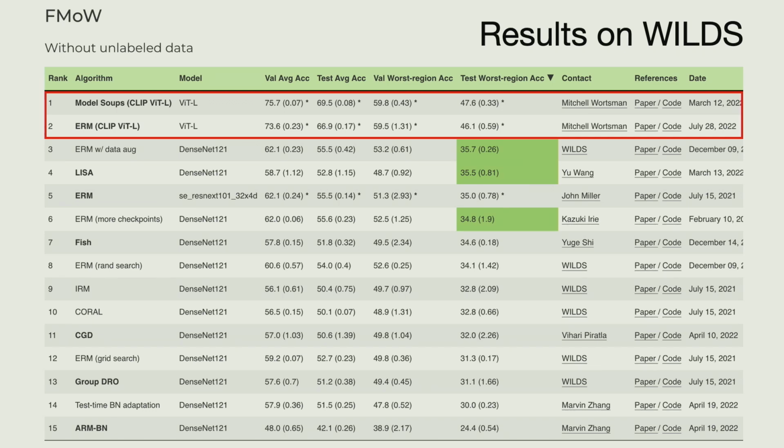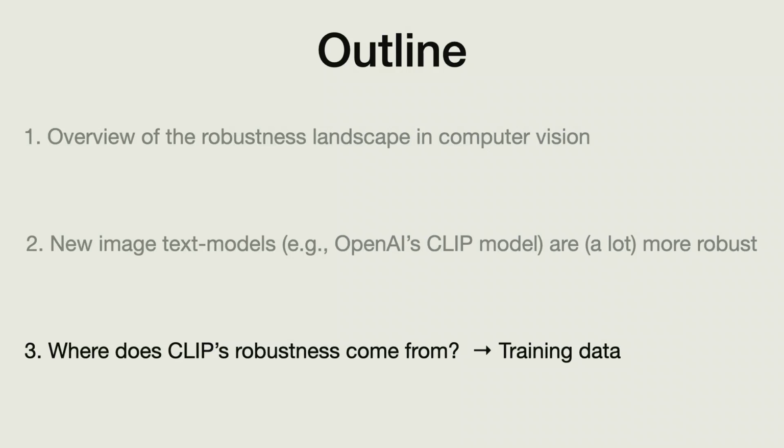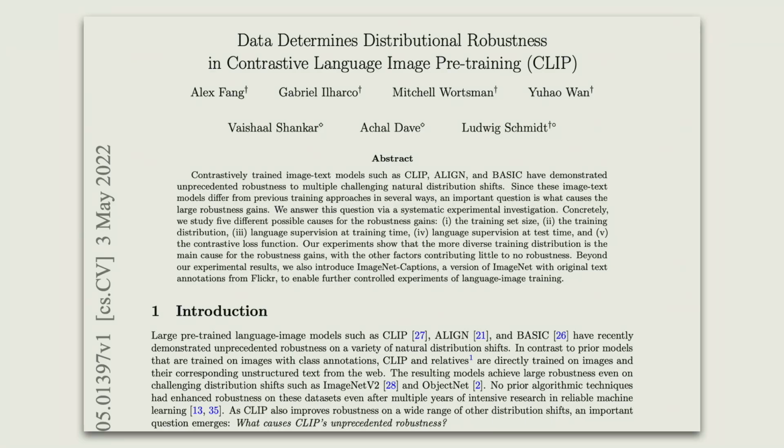Okay, so the overall high-level point is that these models are really good. Why are they so good? I think we already hinted at that. There's a question of what role the language plays, and where all of this robustness comes from. Cool, and this is the third part of the talk now. It is about a paper that we put on arXiv a couple months ago, which specifically looks at the question, where does CLIP's robustness